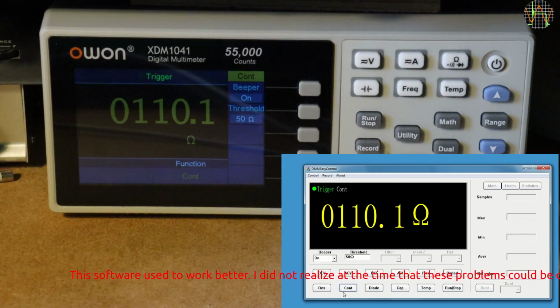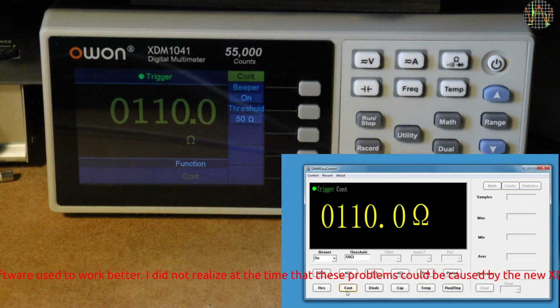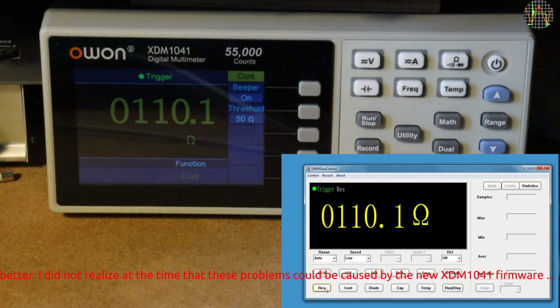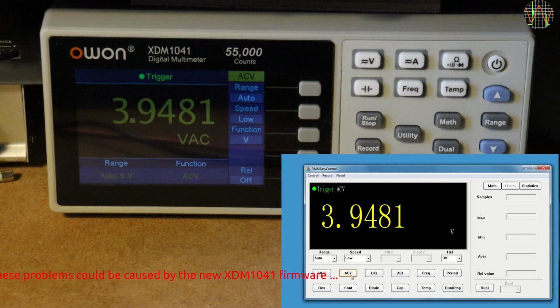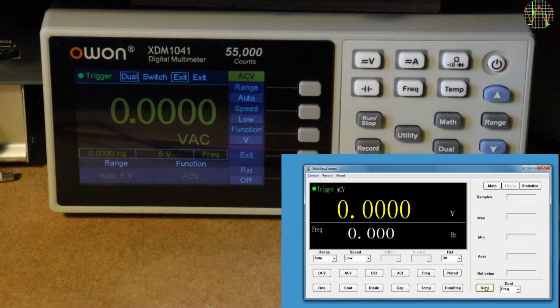It is funny because I have not used this program for some time and I knew it was full of glitches, but I don't remember it being quite that bad. I put some AC into the meter and set it locally to AC. That enabled the remote selection of dual and frequency, which worked for a change. I was curious to see how they display this. Again, this looks really good, no question about it. Sadly, turning the dual display off doesn't work. Maybe another glitch, or because there's no exit button. A bit of an oversight.